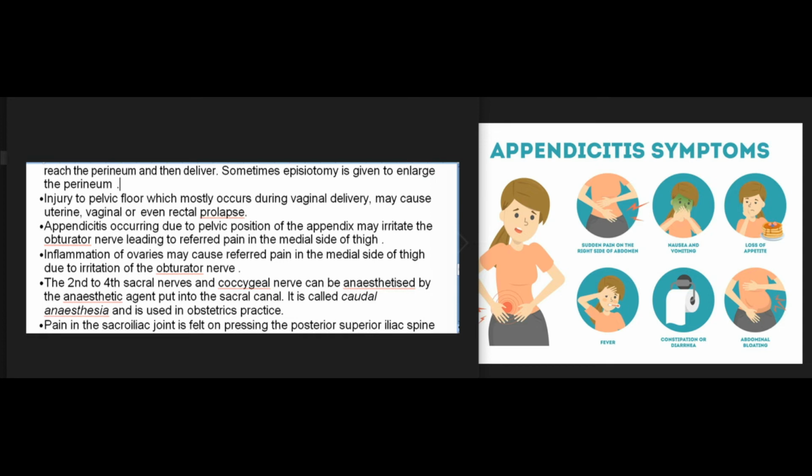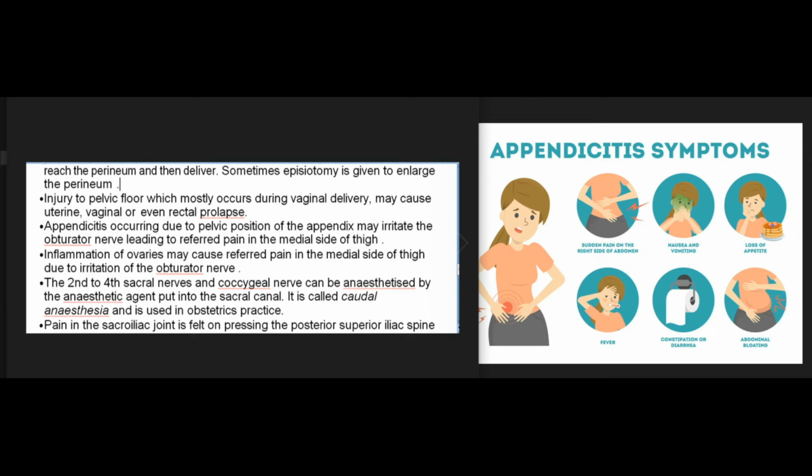Injury to pelvic floor, which mostly occurs during vaginal delivery, may cause uterine, vaginal, or even rectal prolapse. Appendicitis occurring due to pelvic position of the appendix may irritate the obturator nerve, leading to referred pain in the medial side of thigh. Inflammation of ovaries may cause referred pain in the medial side of thigh due to irritation